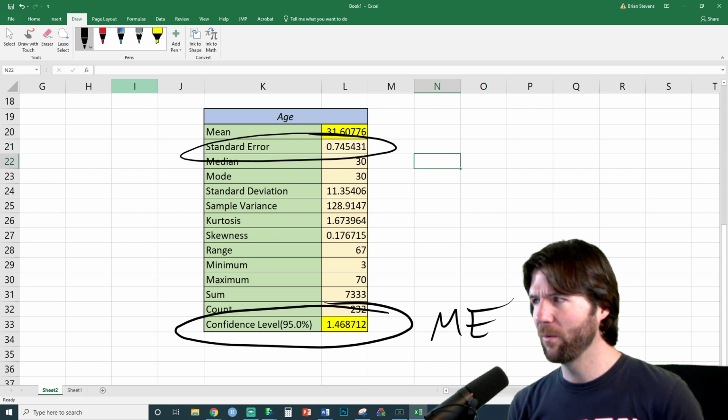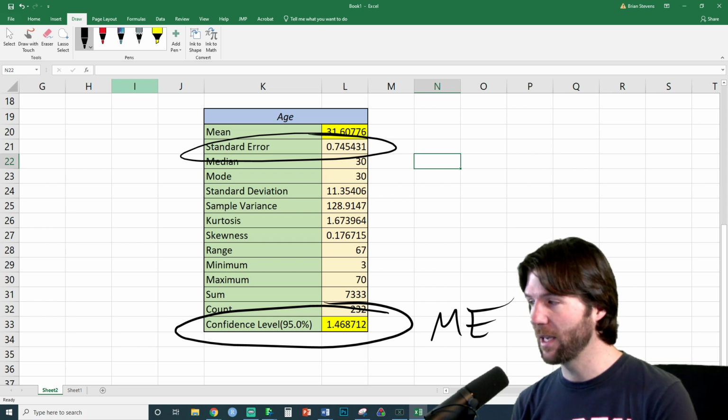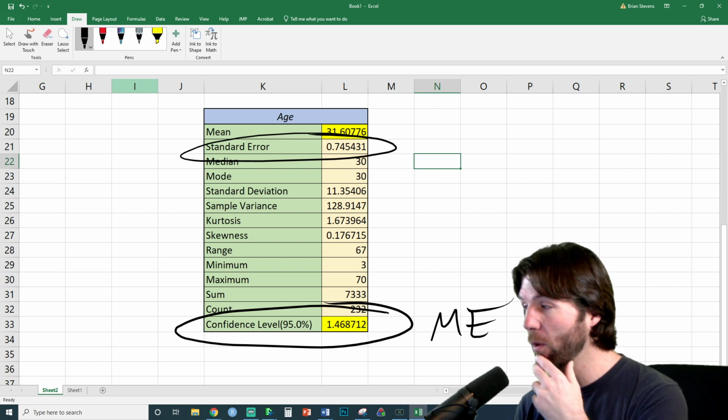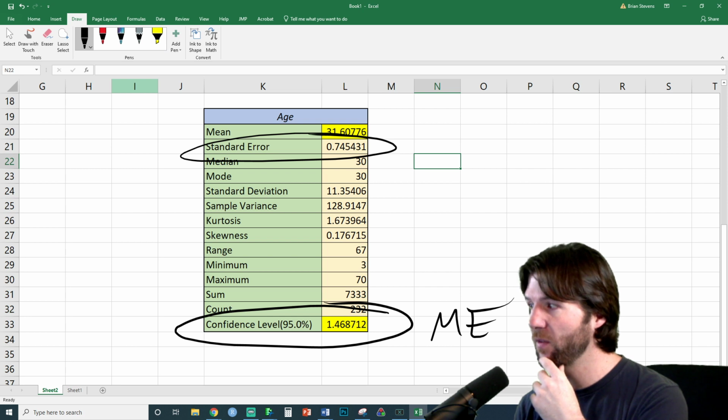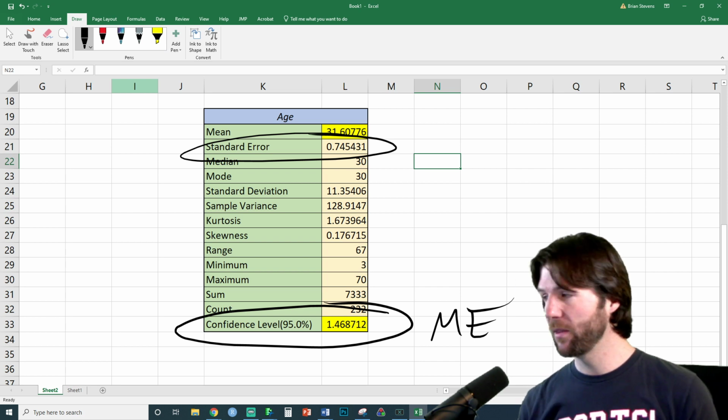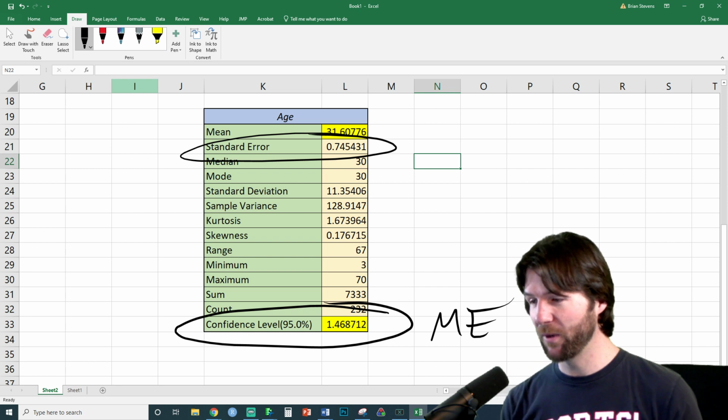And you might say, well, why is that not it times 2? Well, the t-statistic depends on the sample size. If we have a large degrees of freedom, then the t-statistic is very close to 1.96, which is very close to 2. If we have a small amount of degrees of freedom, then the t and the z are vastly different. So if you remember, the z-score for a 95% confidence interval is 1.96.